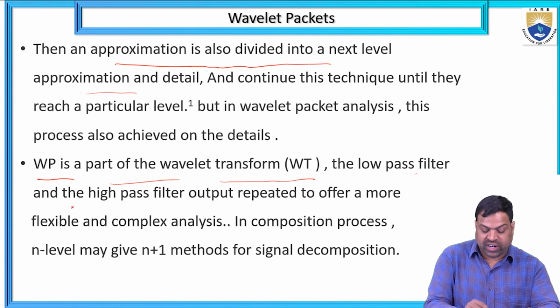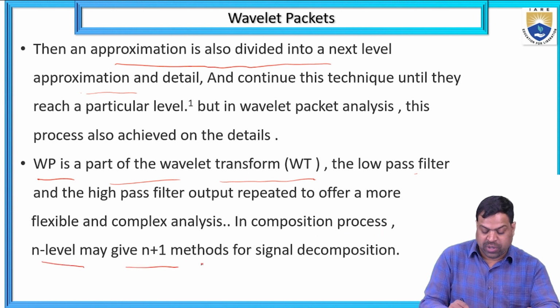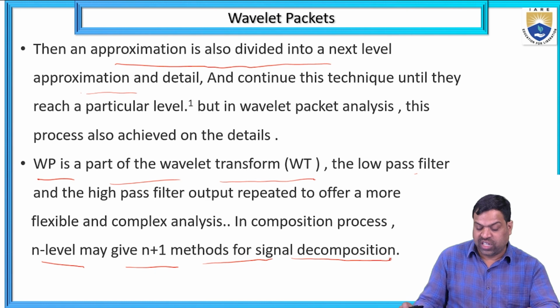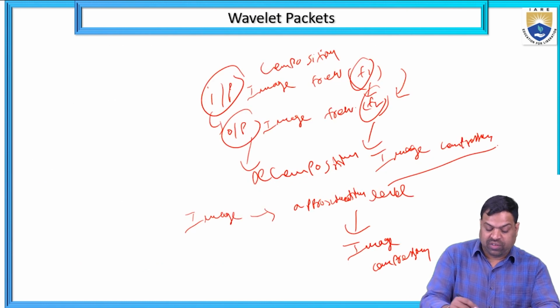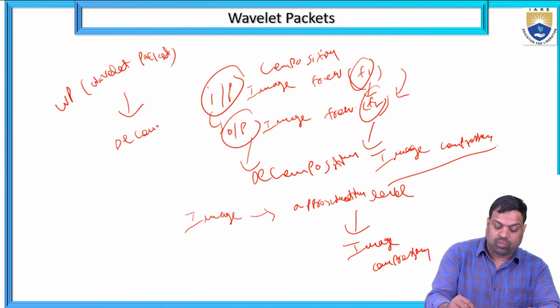The low pass filter and high pass filter outputs are repeated to offer a more flexible and complex analysis, and it composes the process of n levels, maybe an n+1 method, in the decomposition. So every wavelet packet, sometimes we consider it as WP. So we are going for the decomposition,